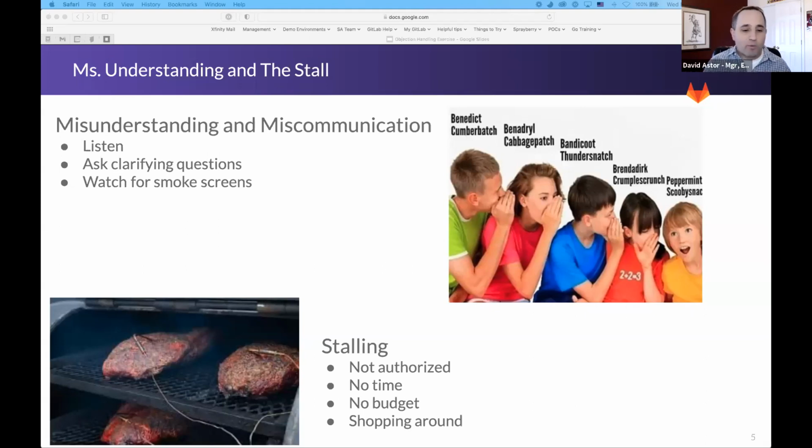Maybe we don't have time, or we don't have budget. These are all stalls as well. And again, there's still interest there. So further conversations with them on the true value of the solution is going to help. And the last example, something like, call me back in 6 months, that seems like a brush off, but you can ask questions like, well, what's going to be different in 6 months here? Help me understand that. And if they truly come back with a reason, fine, that's great. Put it on your calendar to call them back in 6 months. And now you've got 6 months to prep for a really, truly kick butt value delivery demo.